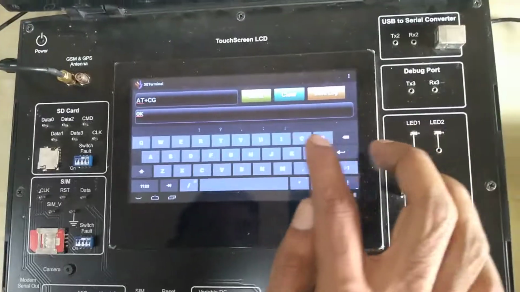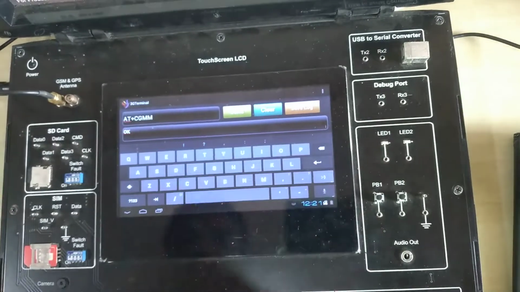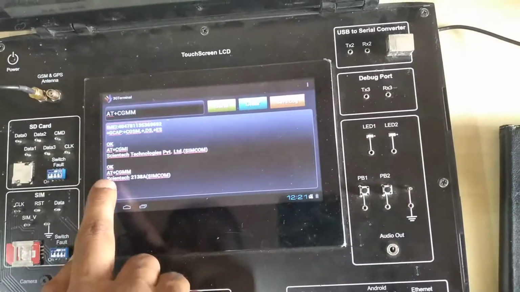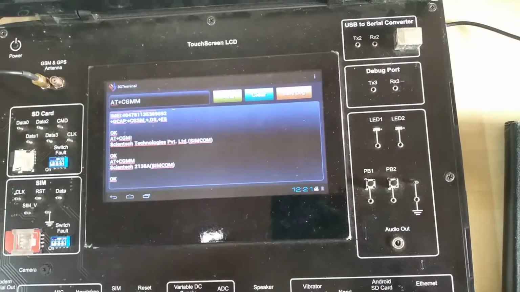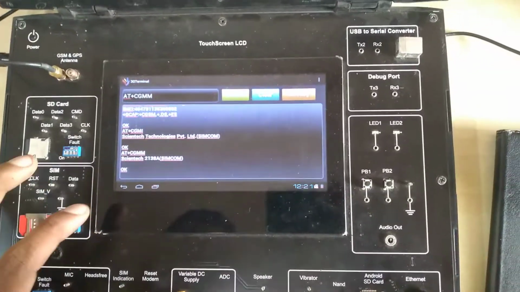Next we will perform AT plus CGMM. Once we type the command, send it. It will reply with the model identification, successfully identifying the model.